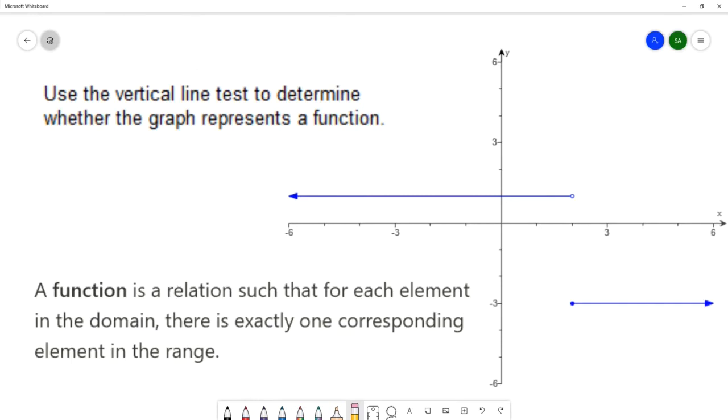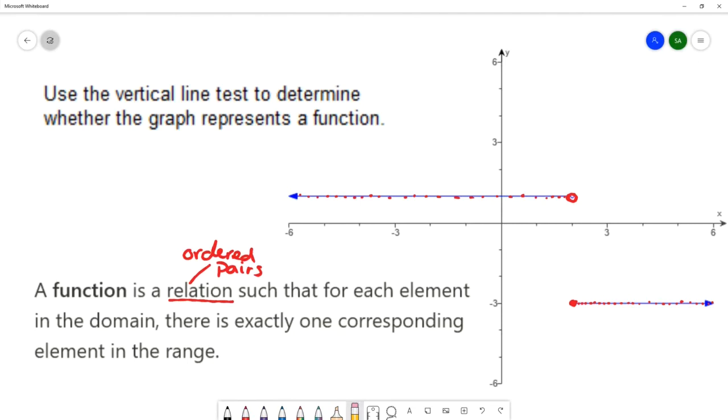It's a relation. A relation is any set of ordered pairs. And a graph is showing us a group of ordered pairs or a set of ordered pairs. So every single one of these ordered pairs that are on this line are included. We don't include this one with the open circle. We do include this one with the closed circle, and then all of the other ordered pairs that are on the line make up this graph. So we do have a relation,